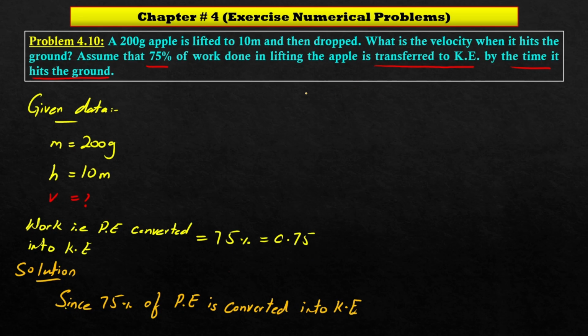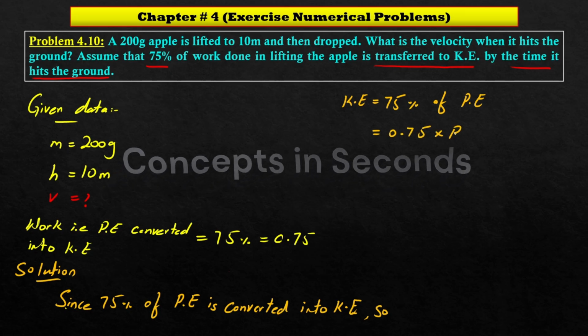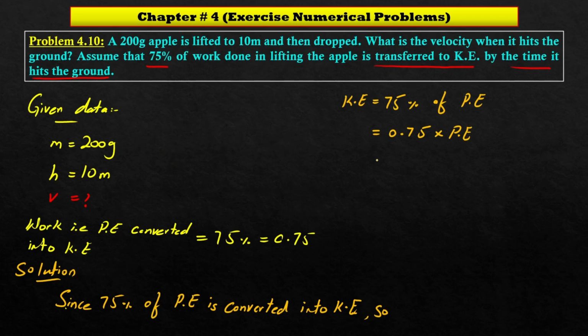So kinetic energy is equal to 75% of potential energy, and we know that 75% of potential energy means 0.75 into potential energy, and the formula of potential energy is